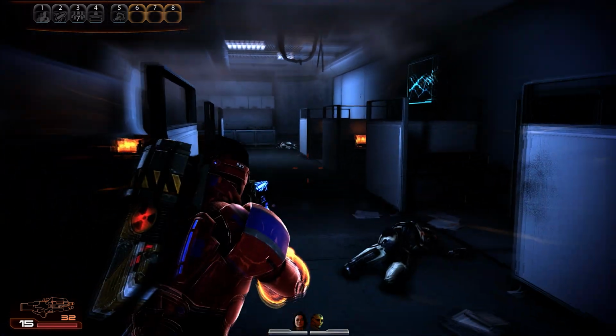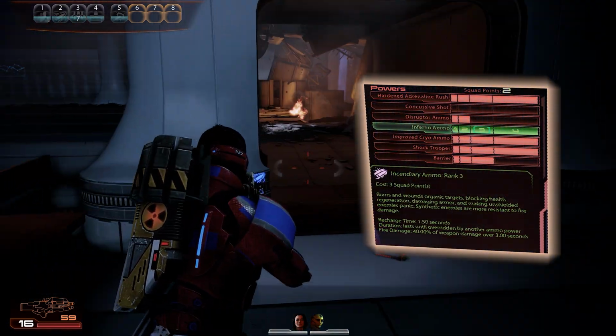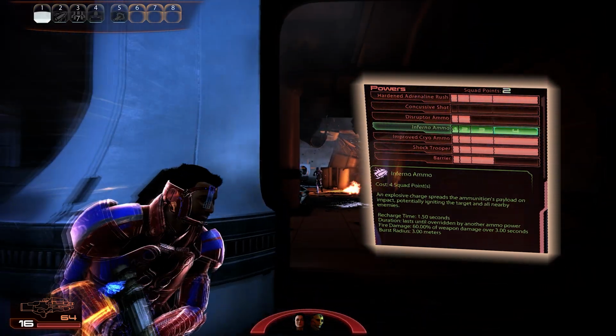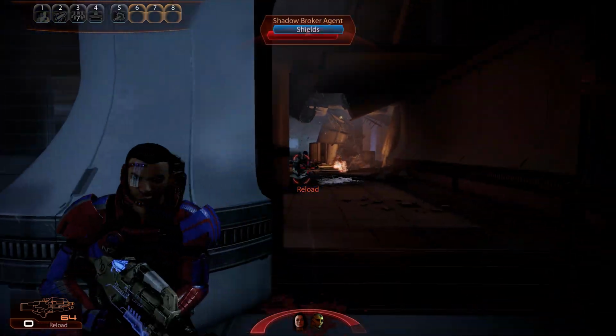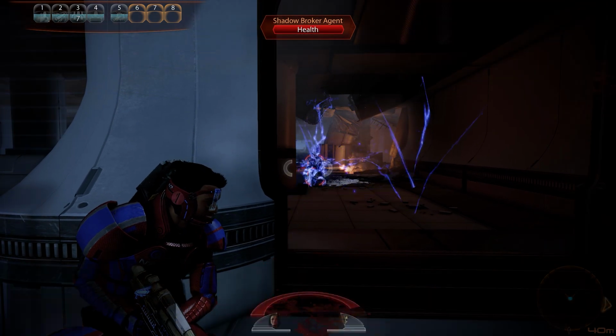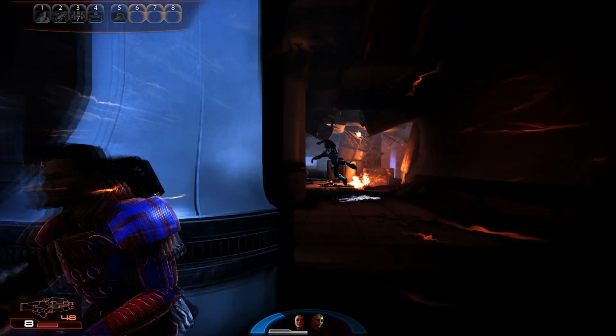Next up is the Incendiary Ammo, giving a blazing crossfire effect to your weapons. This ammo stops health regeneration for Krogan and Vorcha enemies, and gives a damage increase to organic enemies and armored enemies. Being able to switch between Disruptor and Incendiary Ammo, the soldier can deal with most enemies in the game